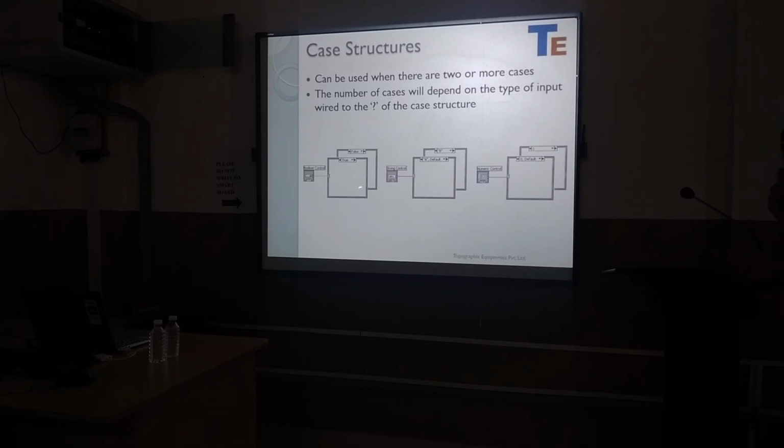So here you can see there is a case structure. It is similar to dragging and dropping a for loop or a while loop. You do exactly the same procedure. Only one thing different about the case structure is that it has a small question mark like symbol on its left hand border. So you are supposed to wire something to it. Which case you want to execute is to be wired to that question mark. If you don't wire anything, it will give you an error. The code will not compile, it will tell you that something needs to be wired to that.